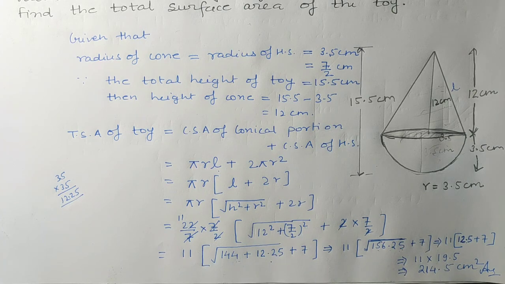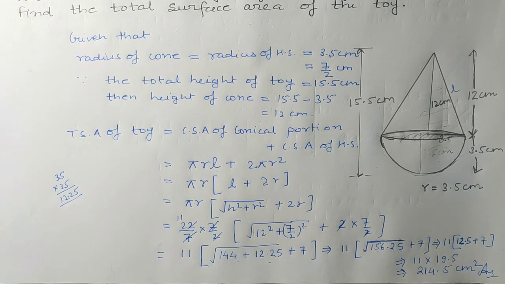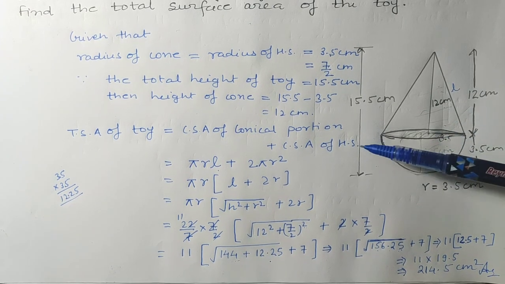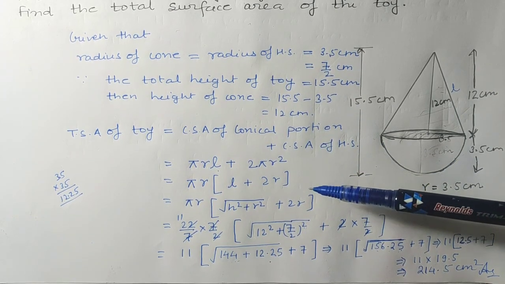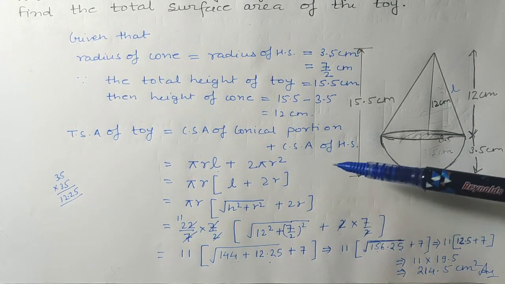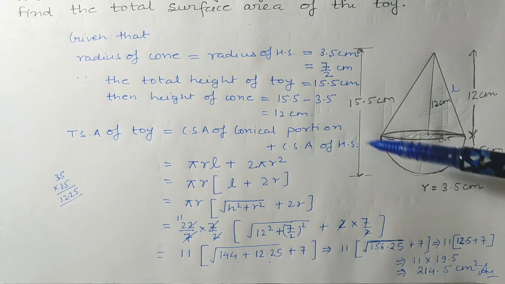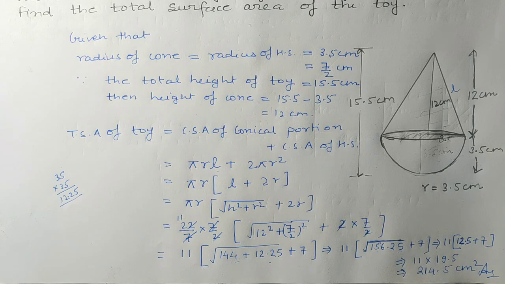Okay, students, in mensuration in this chapter, you have to be very strong in your calculation also. And very important that accuracy should be there, because if in any step you make a mistake of a single decimal or a positive, negative, then the whole answer will be wrong. So you have to be very careful when you are doing calculation.